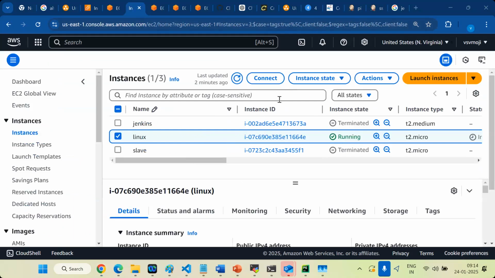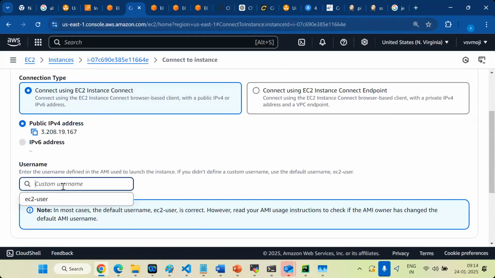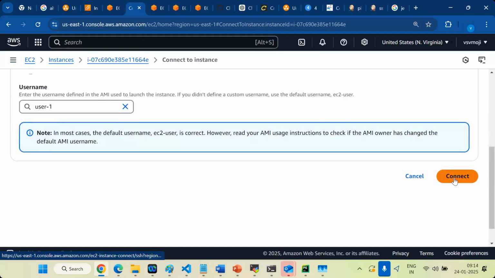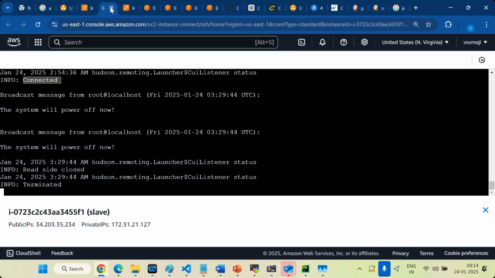As this is a console, you can easily log in as user one without password, right or not? But if you log in from third party tool, password authentication is required. In this case, user one PEM file does not work. So you need to enable inside the SSHD configuration file, password authentication true. Then you can log in from external also. Now I'm logged in as user one, password not required. It will be bypassed when you log in from console itself.